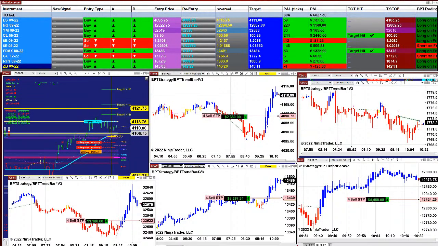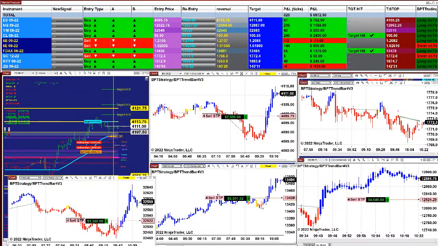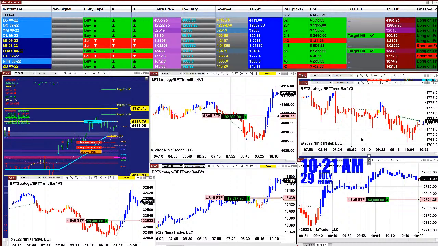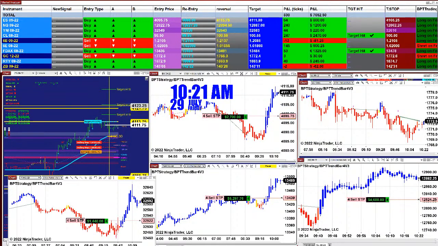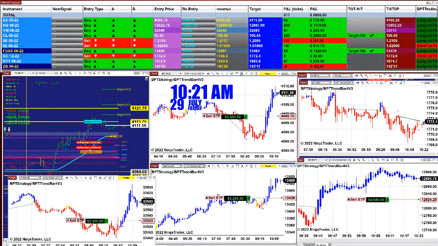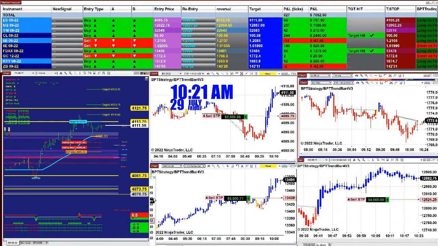This is exactly what we were expecting. The support area 4107, right on the dot. And right now, after the profit taking on target one, this is the support area. We have called it ahead of time, way ahead of time, both of them. And now the market will try to gain momentum. If we look at the clock, it's 10:21, and we said by 11 o'clock we should hit target 2. And this is it. This is the morning session. There is nothing you can do about it.